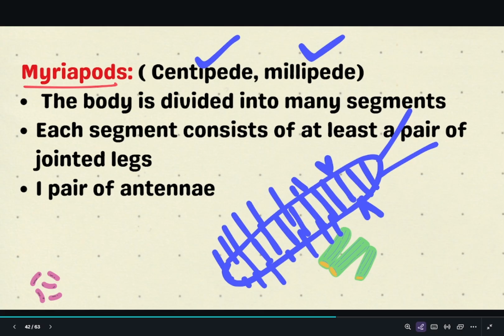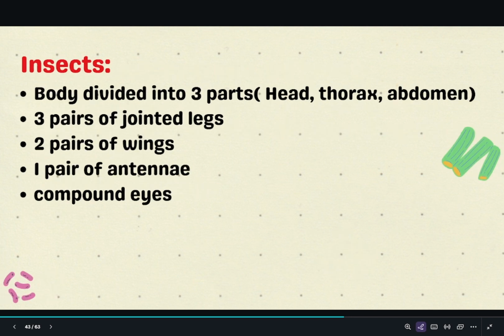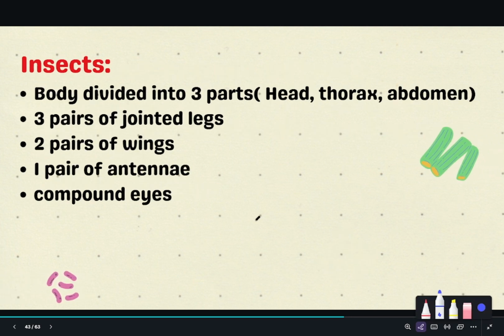I hope you guys understand it so far. Nothing very hard. Just know that their body is divided into many segments. And also know the examples over here, that they're made up of centipedes and millipedes, and that each segment consists of at least a pair, which means that they can have up to 100 pairs of jointed legs, and they all have one pair of antenna. All right, now moving on to the second group,